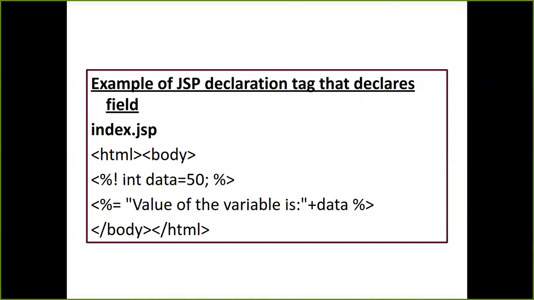Now here is how we are going to declare the variables. We have made use of the exclamation mark as defined in the syntax. We are going to declare a variable with a data type, assign the value, and end it with a semicolon. Okay. In an expression tag, we are not allowed to end the statements with a semicolon; we don't have to